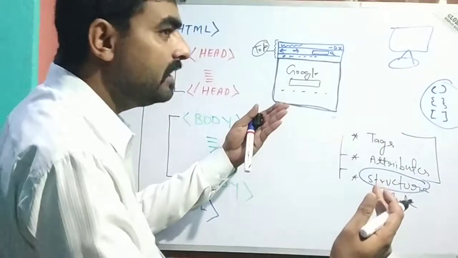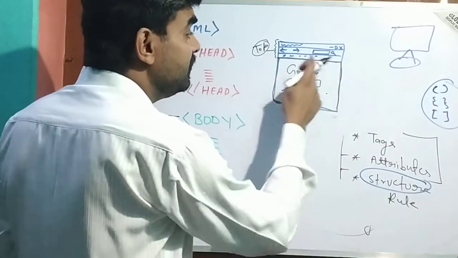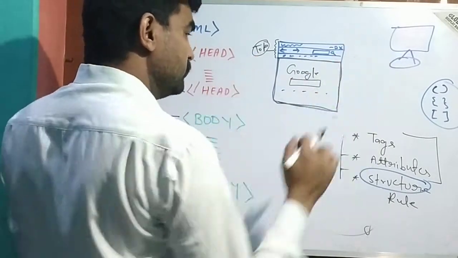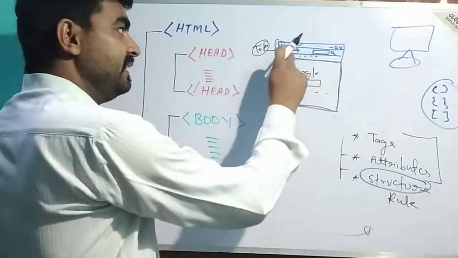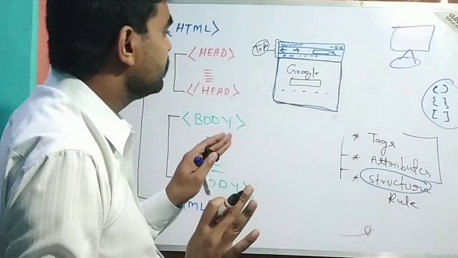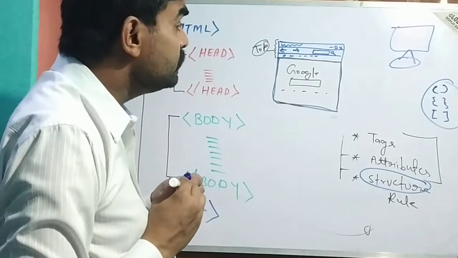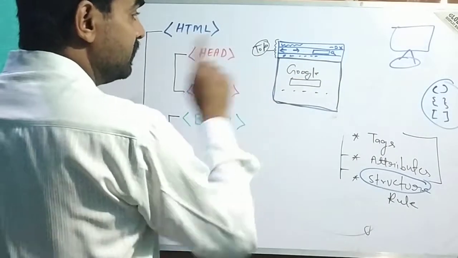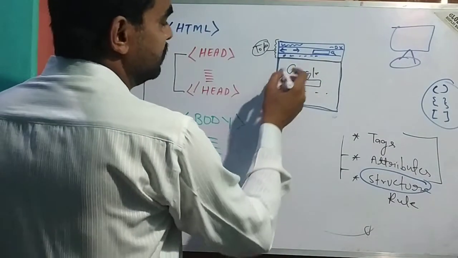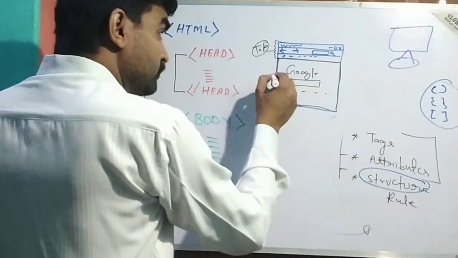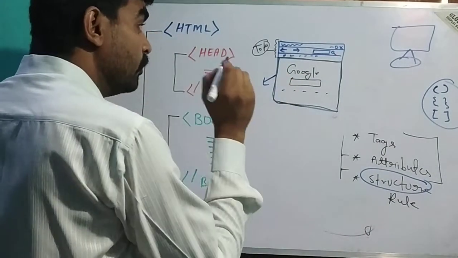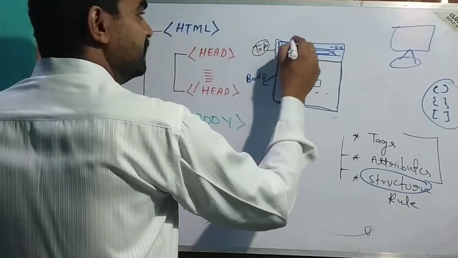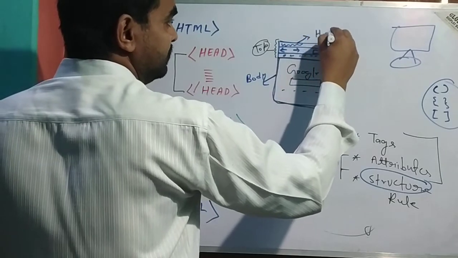You are going to use Gmail, so Gmail appearance will display here, but the top part is not going to change. So student, in the figure which I have given you all, if you are going to see it very carefully now, you will find there are two parts. First part which is the top one, and second one which is the bottom one. So this bottom one is called body and the top one is called head.